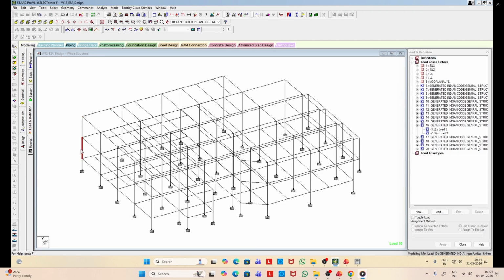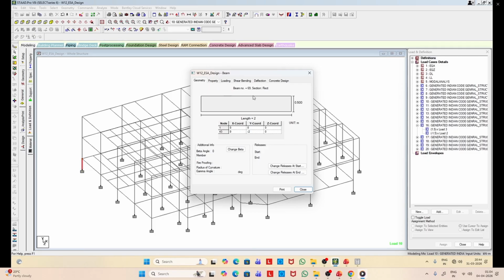Likewise, for this column, you can identify and you can see the complete design details.